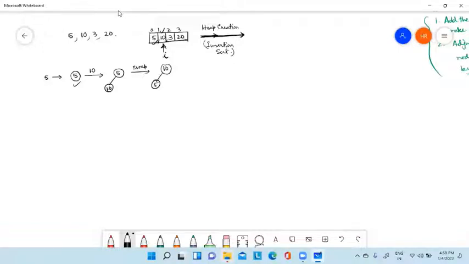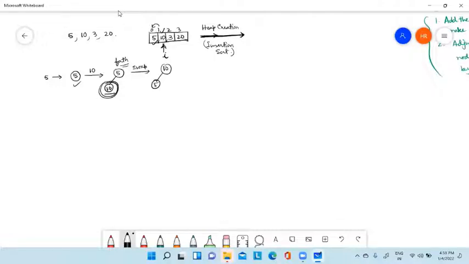But here we are interchanging. In insertion sort, we compare with the previous element, but here we are comparing this 10 with whom? With its father. That is the difference between insertion sort and heap creation.